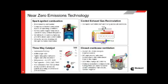I can't tell you the details here, but it is involving many subsystems on the engine. It's a spark-ignited technology, so our piston bowl geometry is critical. We have EGR on these engines, but we don't use it for the same reasons. The diesel guys use it for NOx control. We use it for knock control, not NOx, knock. And if we have pre-detonation, if the combustion charge fires before you want it to, that's bad. That puts a lot of undue pressure on the engine. So we use the EGR to dilute the natural gas going in to control the knock when we need it,